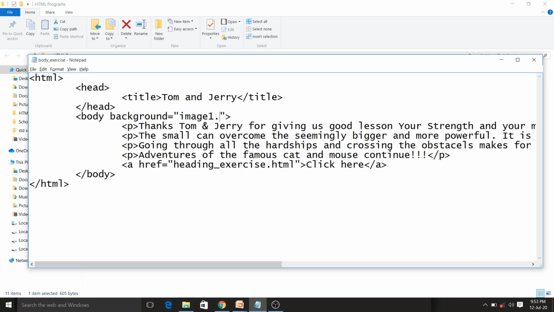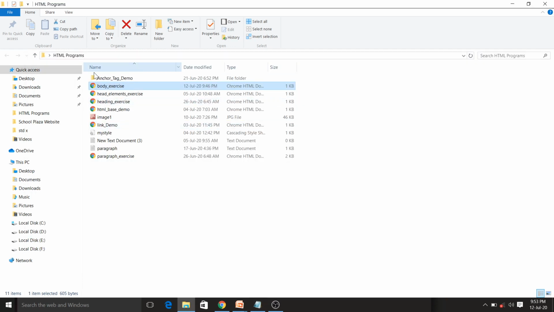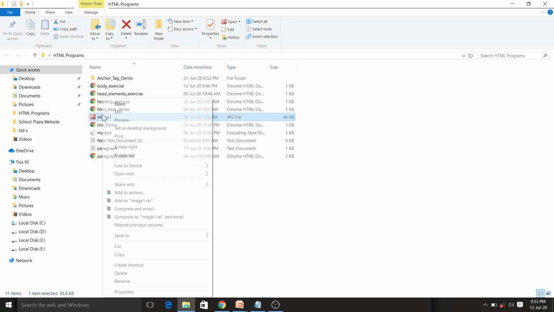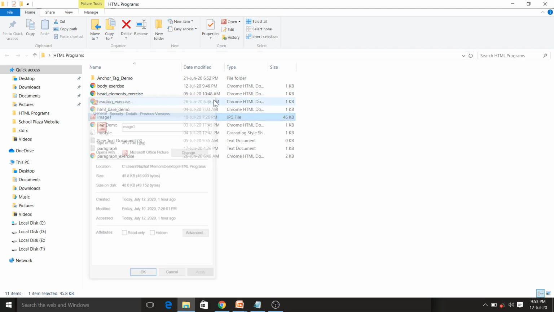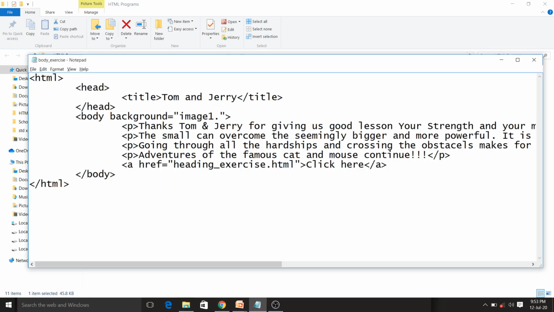Here I will see in the properties of that image. So right click that image and then properties. So you can see here it is JPG. So I will write JPG over there. You can provide any valid image format like BMP, PNG or TIFF.